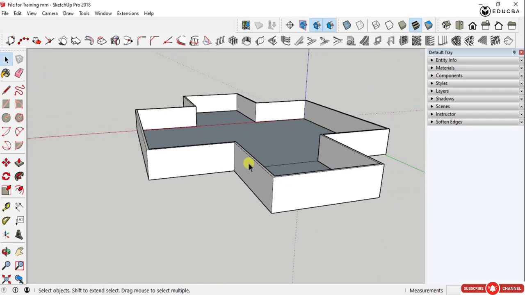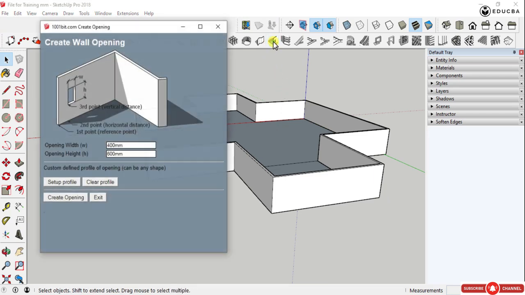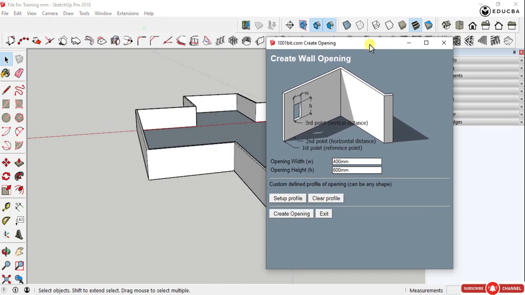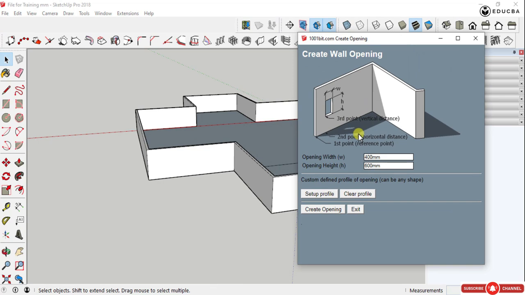Enough said, we are going to move to the next icon, or the next option, which is creating a puncture, which is creating a wall opening. As the figure explains, the plugin is very simple, and you have a width and a height of the opening that you require. Here I'm going to put in a certain unit: 1200 mm, that is 4 feet, is what I'll require for the width, and the height is going to be 1000 mm, that is 1 meter. Now you can also customize the setup profile,